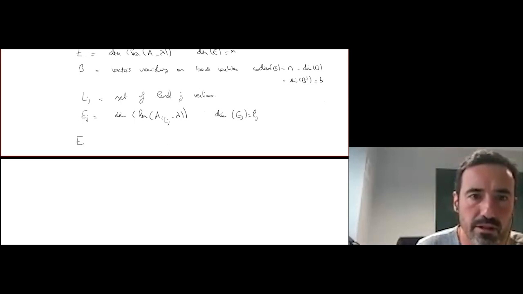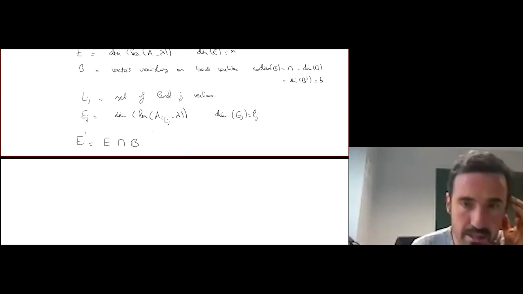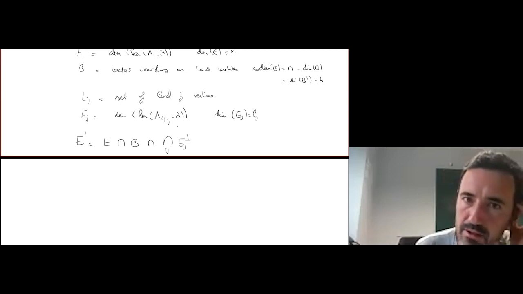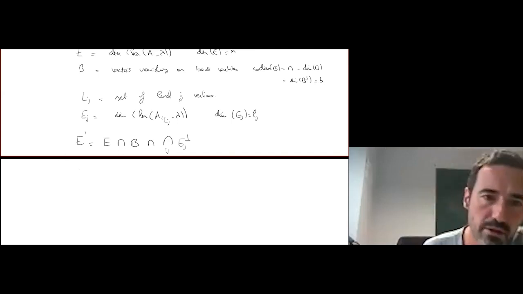So finally, we define the set of eigenvectors which vanish on bad vertices, and which are orthogonal to all of the Ej's. So you look at the vectors which are not eigenvectors associated to any level j vertex, and which vanish on B. So the dimension of E prime: